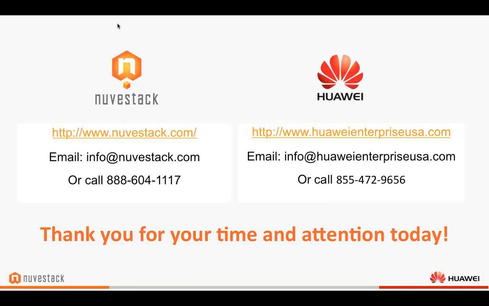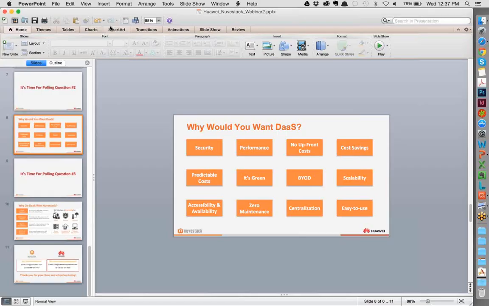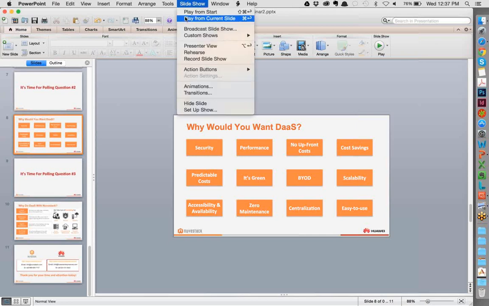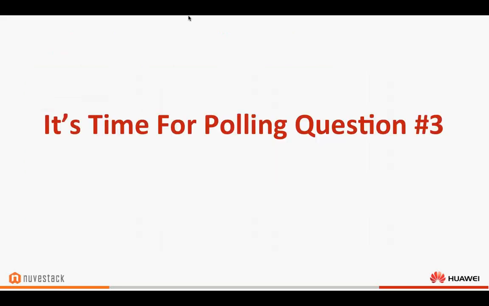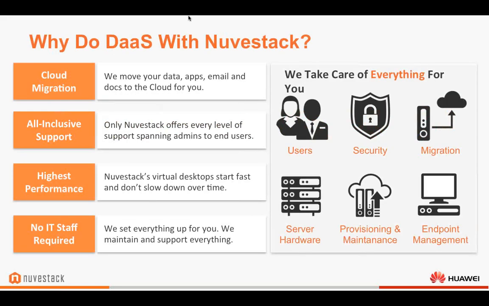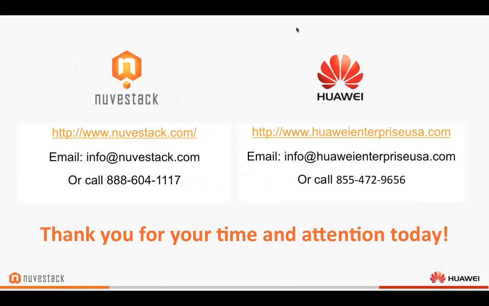So I'll go ahead and quickly describe the Huawei side of it. If you look on that slide that's on the screen right now, there's a website, which is Huawei Enterprise USA. I know Huawei has several different websites, and it can be a little bit confusing, but this one, Huawei Enterprise USA, is the primary enterprise website here in the States. And if you go onto that site, you'll be able to see at the top level nav is an item called Partners, and if you click on Partners and you're not already one, you can apply to become one.